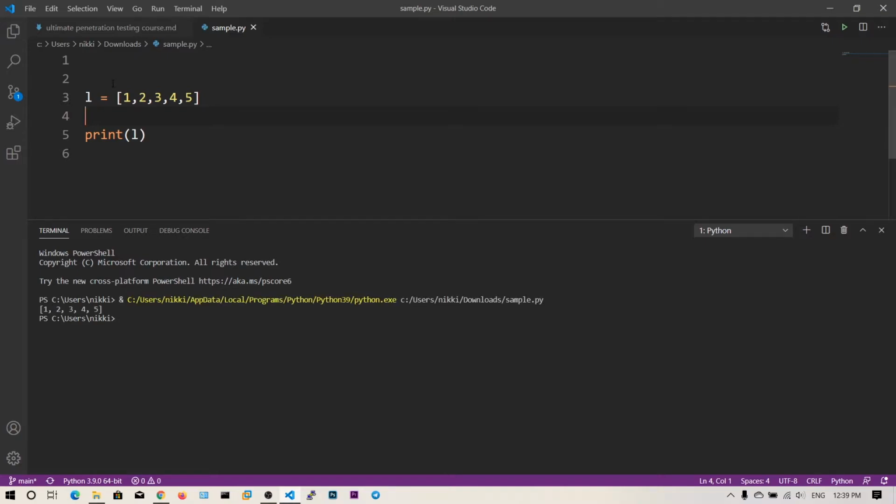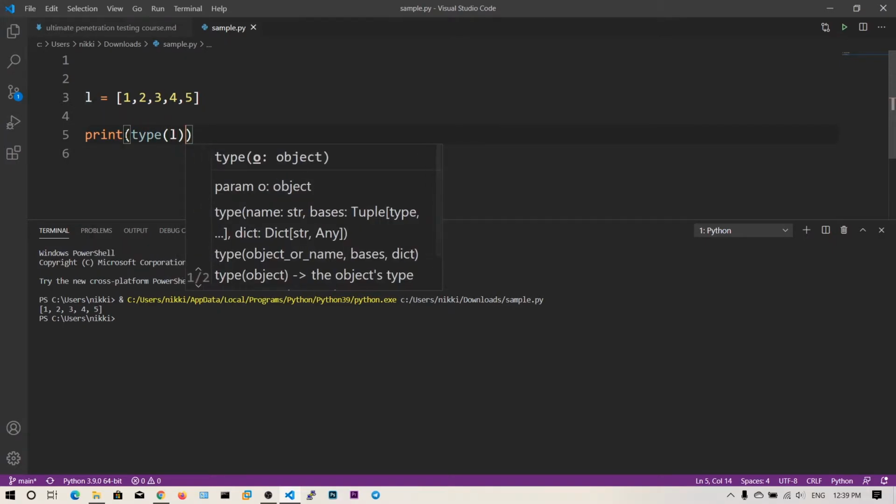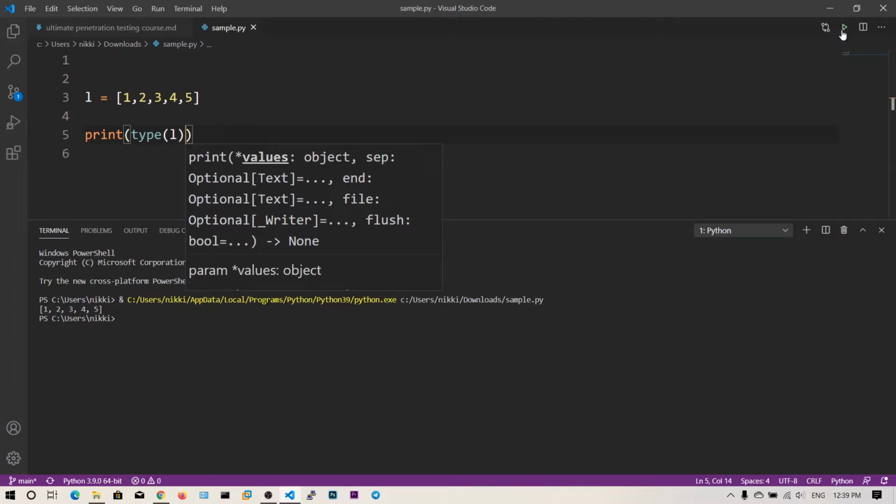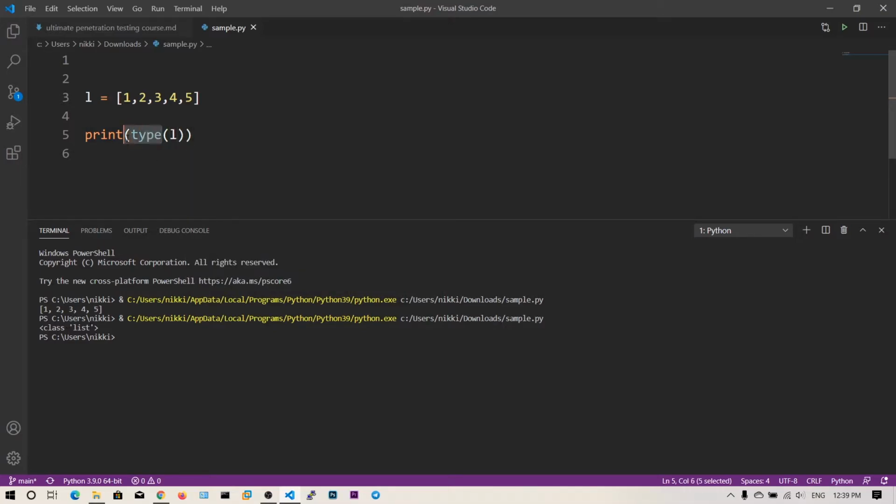And you can see it's this exact representation of the list. Let me say type of, and as you can see it says class list. You can also get the length of this list, which is 5, so it gives the number of elements in the list. As you can see, there are 5 elements, and we got the answer 5.